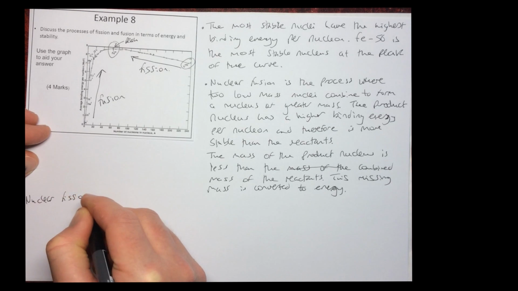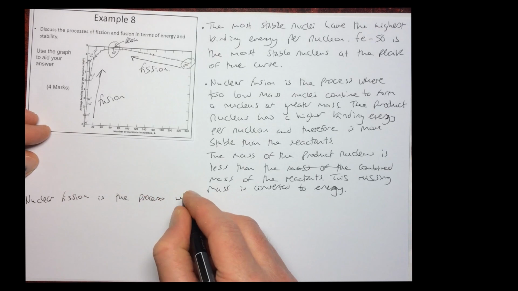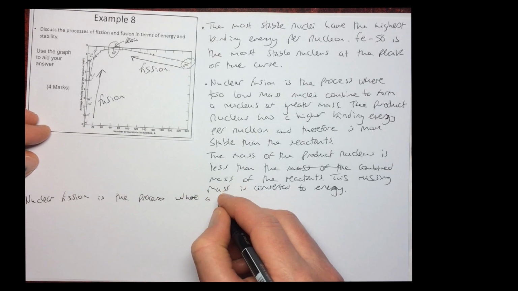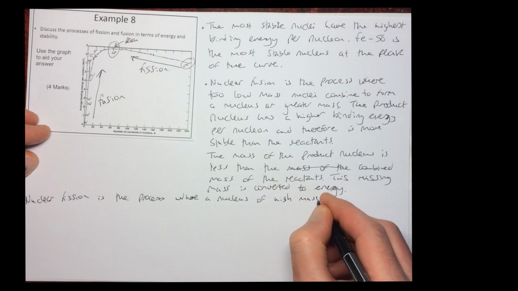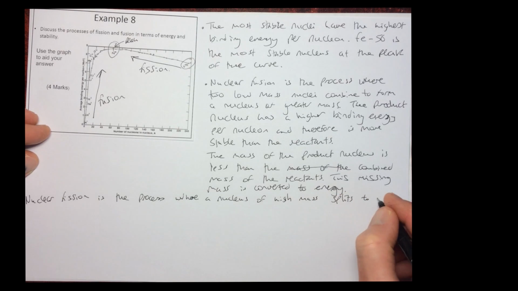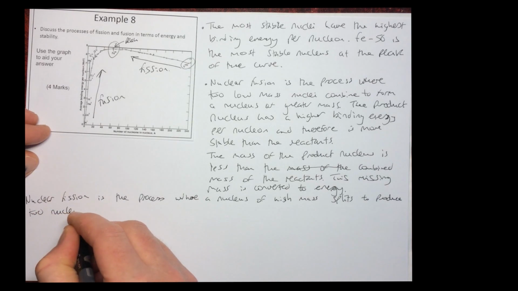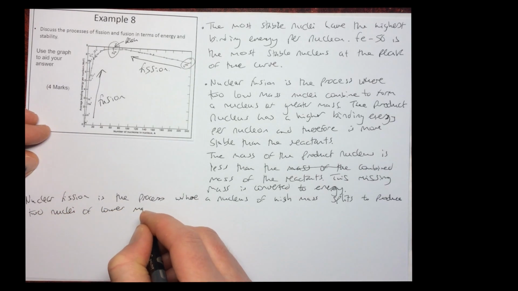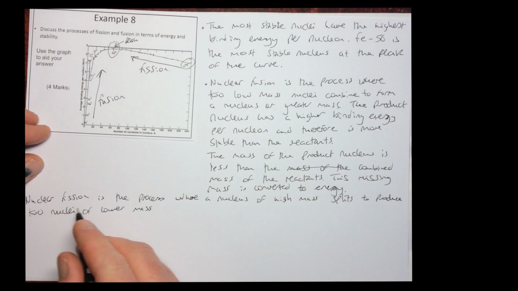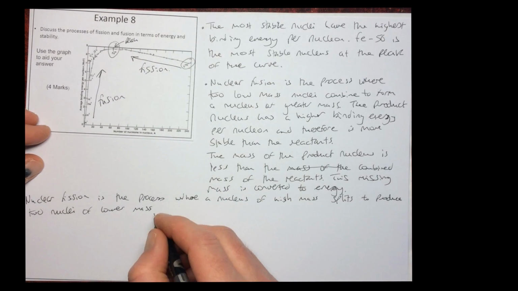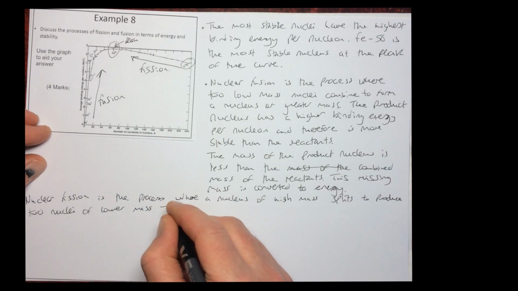So nuclear fission is the process where a nucleus of high mass splits to produce two nuclei of lower mass. Okay, so something like uranium might split to produce krypton and barium or whatever. You can say that the product nuclei